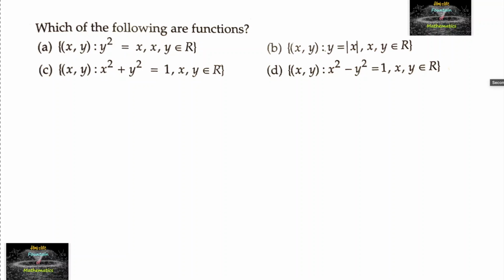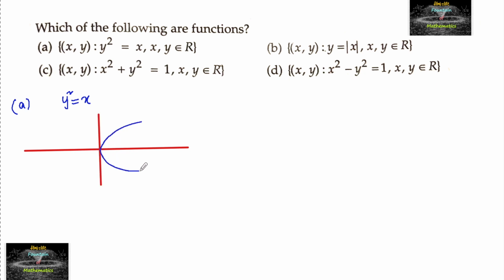Which of the following are functions? So here four options are given. Let's check out this problem by using the graph. First one, y square is equal to x. So this is y square is equal to x graph,